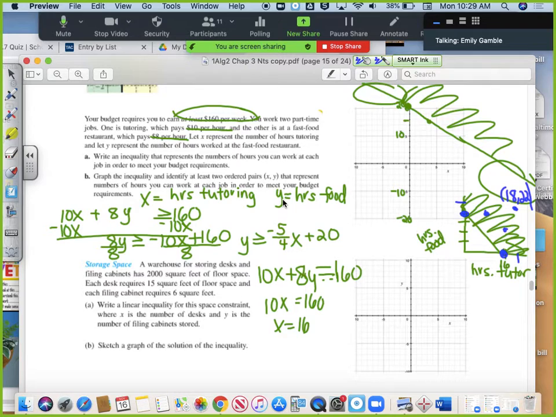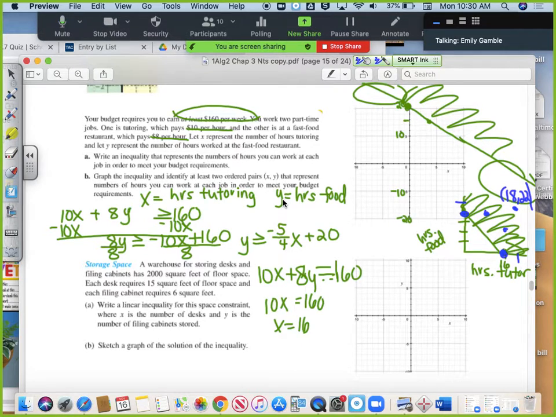In order for you guys to really practice this, because on our next quiz we will have a problem like this, and this is tough stuff, I want you guys to try the next one, so the storage space example. It says a warehouse for storing desks and filing cabinets has 2,000 square feet of floor space. Each desk requires 15 square feet of floor space, and each filing cabinet requires 6 square feet. Write a linear inequality for the space constraint where x is the number of desks and y is the number